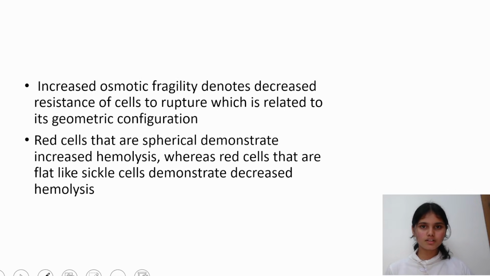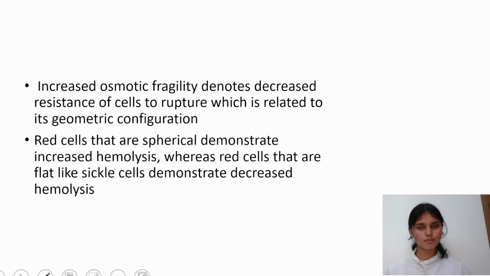Now, increased osmotic fragility denotes the decreased resistance of the cells to rupture. Usually the RBCs will resist pretty much, but if there is decreased resistance, they're easily going to burst open. This is related to the cell's geometric configuration. If the cell is biconcave, it will have a good resistance. But if it is any other abnormal shape,